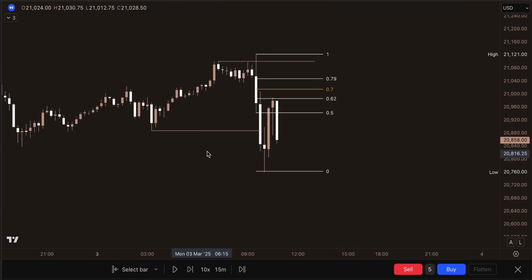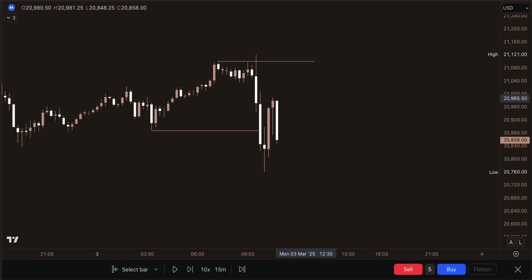Then from there, you can either look for IFVG, which is the earliest confirmation as you saw, or you can mark out the breaker, enter once the breaker has been formed, and place your stop loss at the high, or you mark out the Fibonacci tool and you enter above the 0.5 at the 0.62 to 0.79 levels, or you use